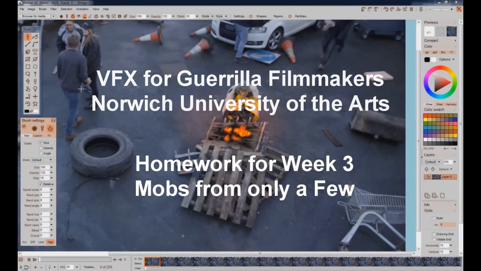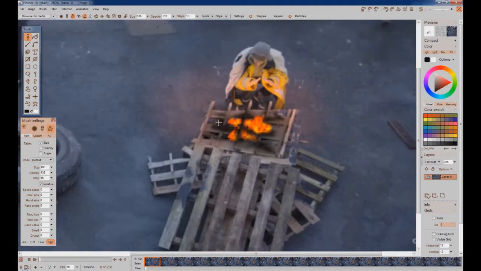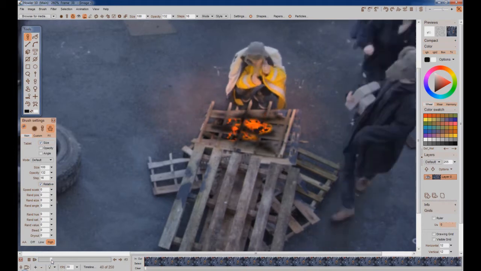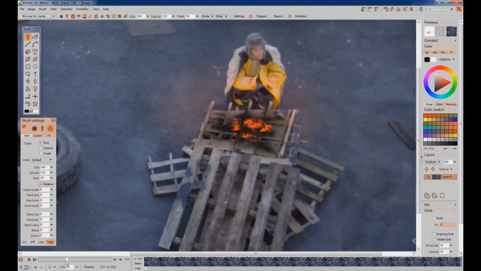Okay, so in this situation, I've used masking techniques to create a kind of a semicircle around here, somewhat avoiding the fire because I didn't really want to change the color of the fire much, but I used a really soft, non-animated mask to change the red. Now the mask wasn't animated, but I did animate the effect using the timeline editor, which right now looks,